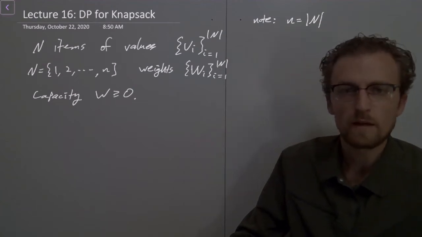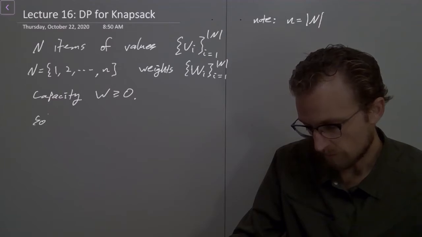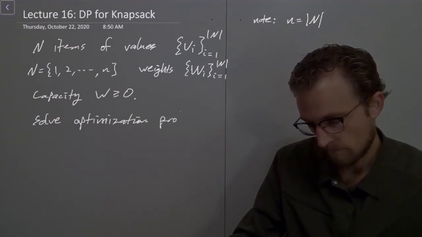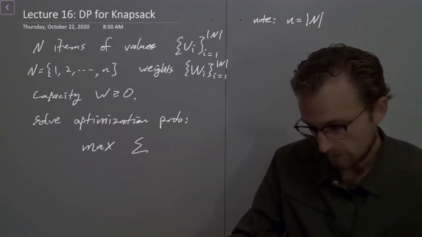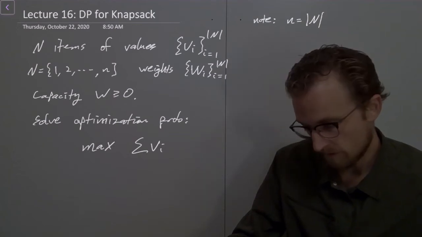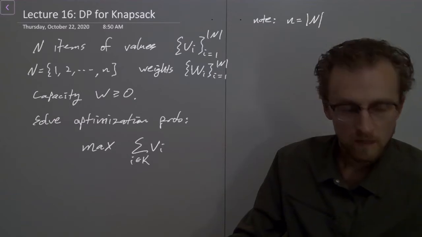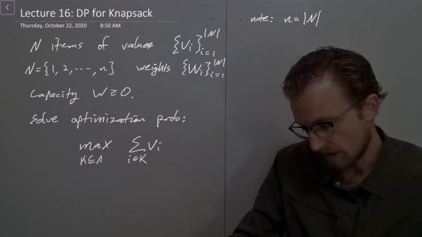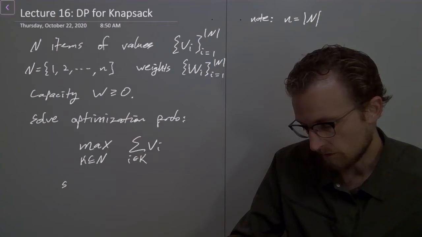It's greater than or equal to 0, so it's non-negative. And we're trying to solve the following optimization problem. We want to maximize the sum of the values of selected items. So maximize the sum over i in some subset K, where K is a subset of N, of the selected values, subject to